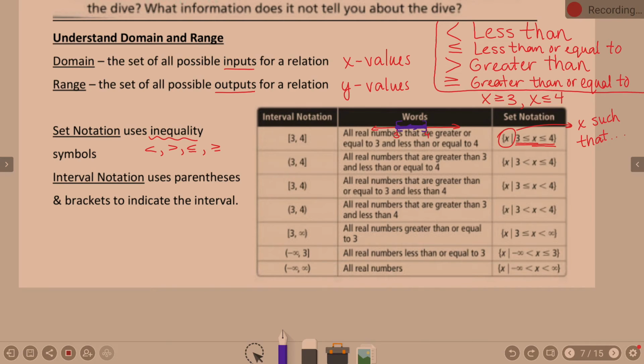Okay, if we look at this one, what's different here? All real numbers that are greater than 3 and less than or equal to 4. What changes over here? Just one thing, right? Instead of less than 3, it's less than or equal to 3, or reverse what I just said. Instead of less than or equal to 3, it's just less than 3. Now, what do you notice changes in the interval notation? It's a parenthesis. So the idea is the brackets go with the closed circles. Whereas a parenthesis,